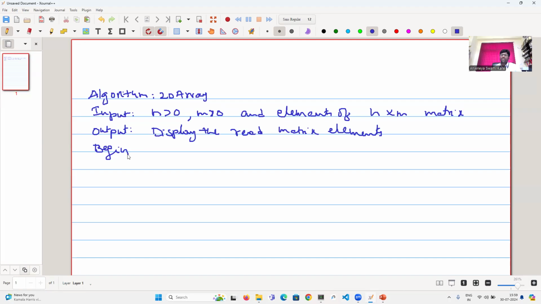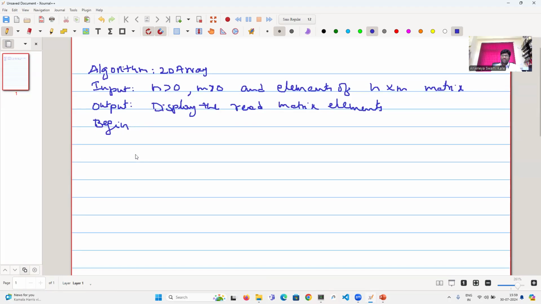Through this we will learn how to read a multidimensional array and how to write, or display, the data of a multidimensional array, two-dimensional array basically. So input n, m. We are reading two values, n and m, the number of rows and the number of columns. Then input validation: if n is less than or equal to 0 or m is less than or equal to 0, then